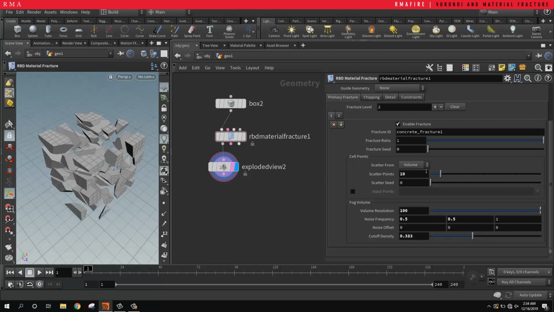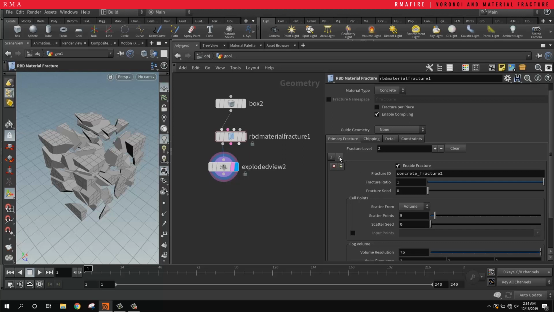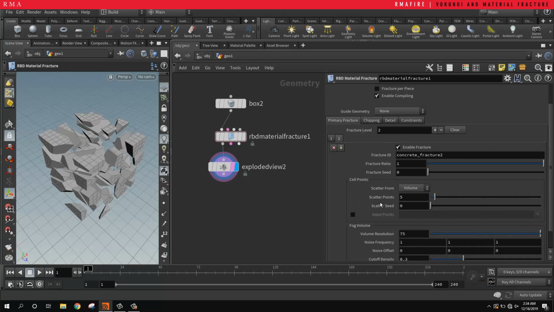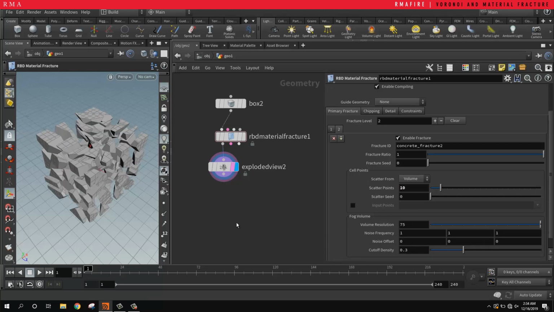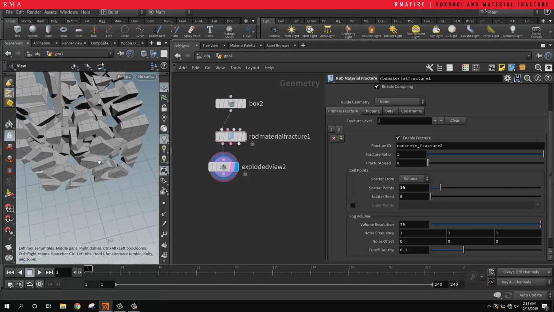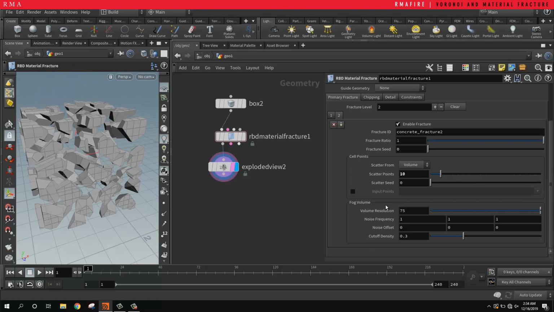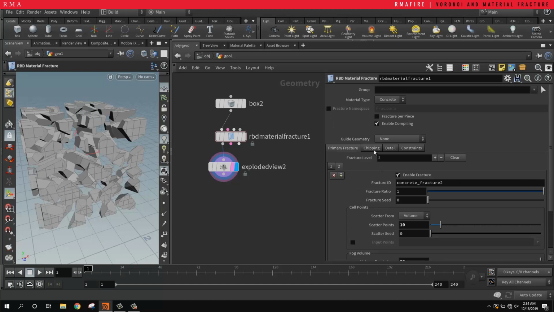Now what I really like about this is that we have the ability to add a different layer here. So if we come into number 2, this is the second fracture level. So say we do a 10. What this is doing is breaking the pieces that we've already broken. And then we also have the ability for this noise field here,